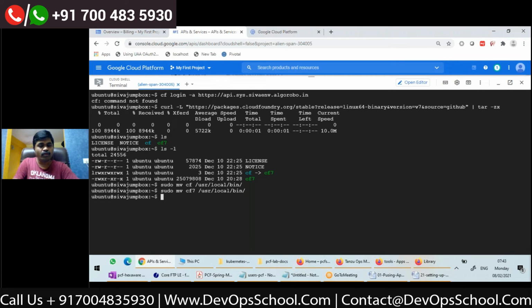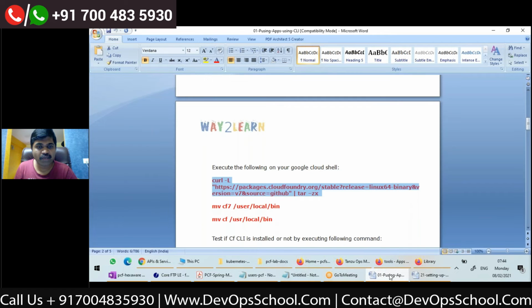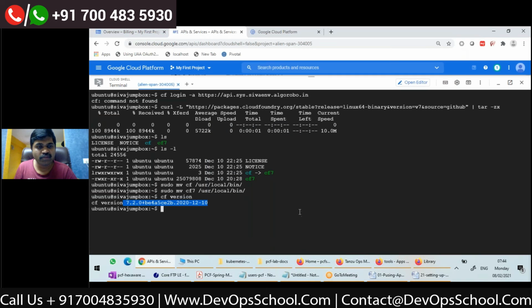Yes, now if I want to test the cf version, yep, see, I got the Cloud Foundry version as 7.x. So this is simple. I have given instructions in this document on how to install. You'll be able to install it by following the documentation, don't worry.